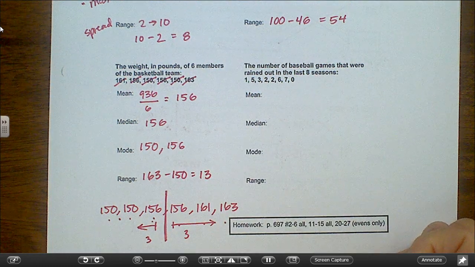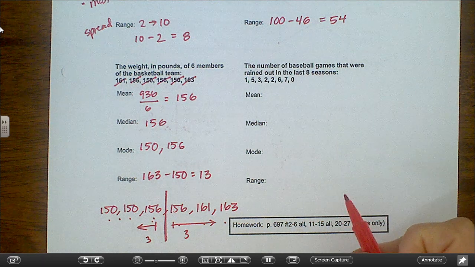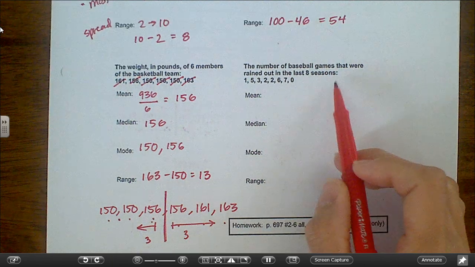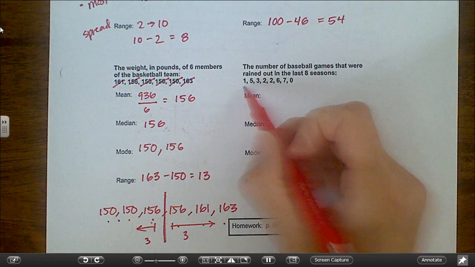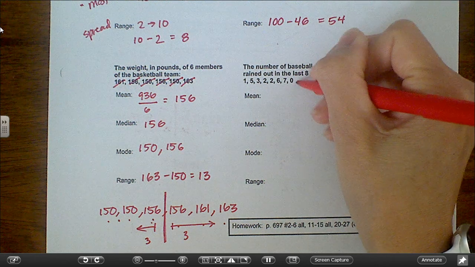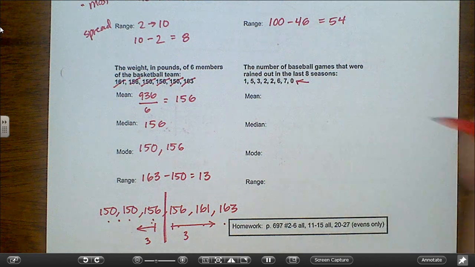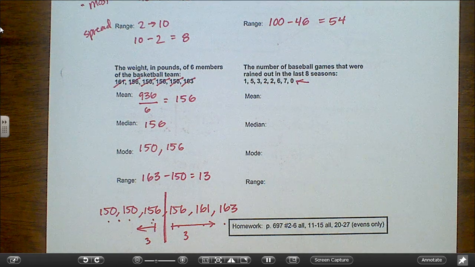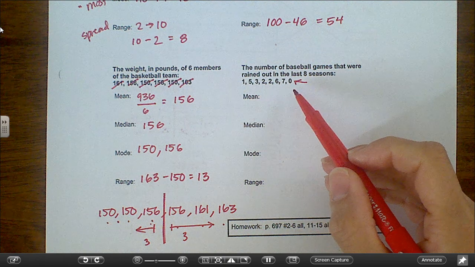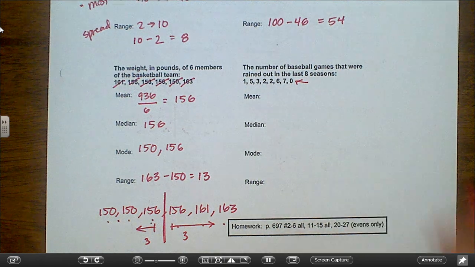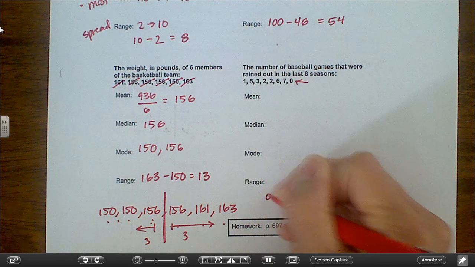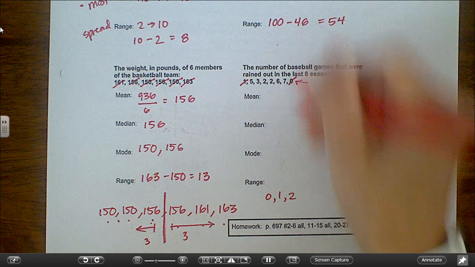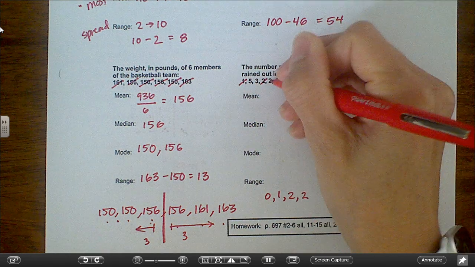Hopefully you're finding this to be pretty easy, if not tedious anyway. All right, last one, number of baseball games that were rained out in the last 8 seasons. So again, write these in order. And 0, normally we don't really write that, but when it's a data point, you have to, because it adds in one more time. It means I did play a baseball season, I just didn't rain out any of them, which clearly they weren't playing in Michigan. All right, so 0, 1, 2, and then another 2,